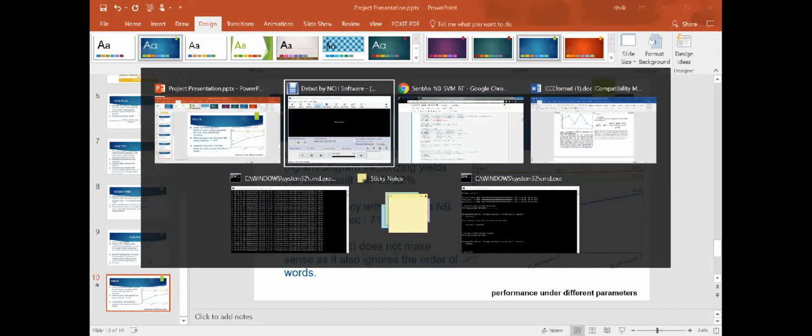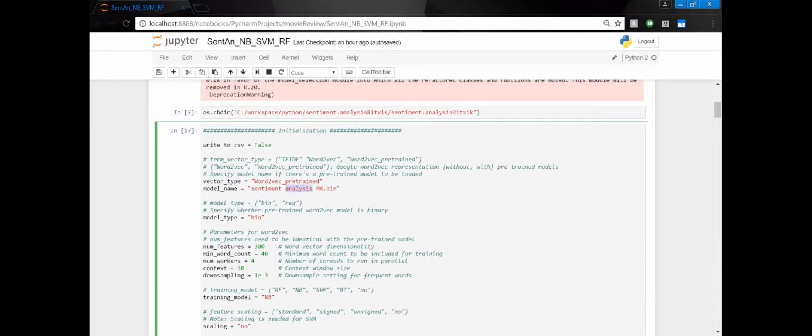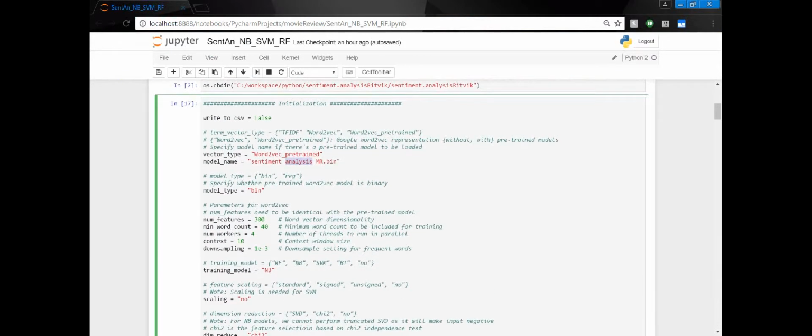Now coming on to the demo. So this is the initialization part of the project. This helps in making it modular and loosely coupled. By changing variables like vector type, training model, etc., we are able to efficiently compare different methodologies for feature extraction,